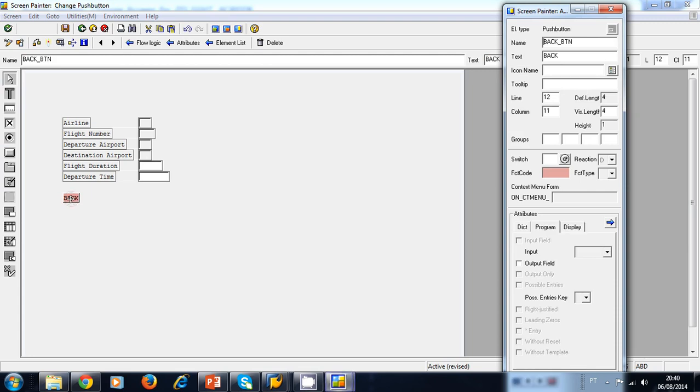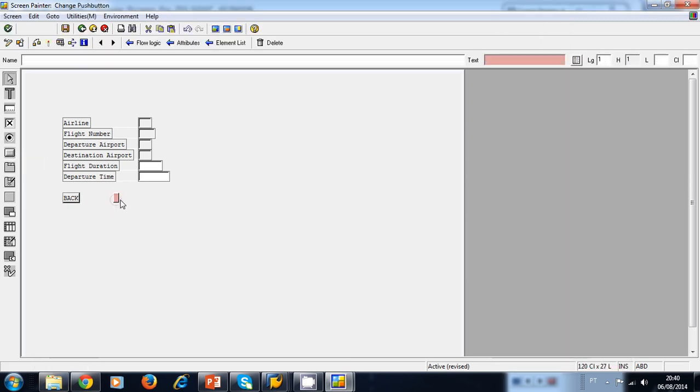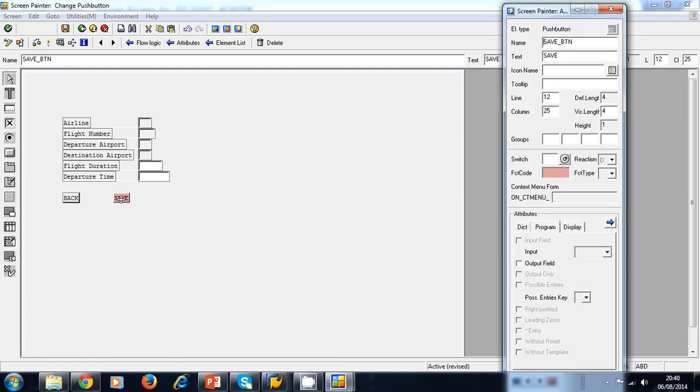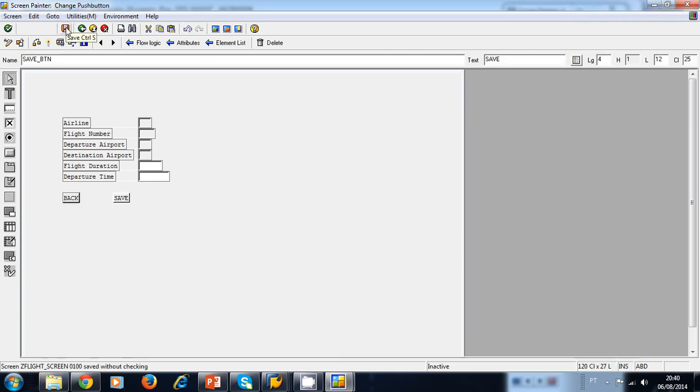So I double click to display the properties and I see the function code is needed. So the function code is going to be back. Back is going to be my code. And then I add another button. And this is the save, and the save button, and the function code save also. So I save,